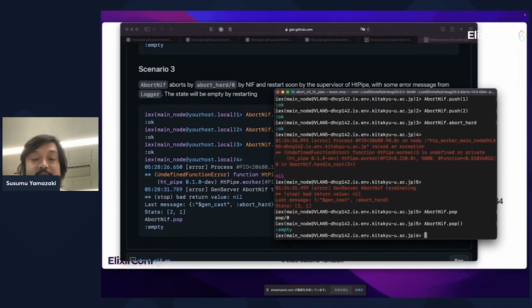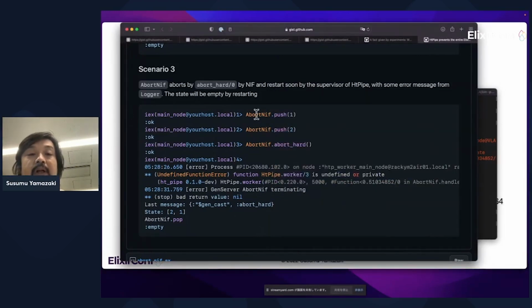Okay. Here it is restarted. Abort NIF aborts hard by NIF and restarts soon by the supervisor of HT pipe with some error messages from the logger. The state will be empty by restarting. Okay.